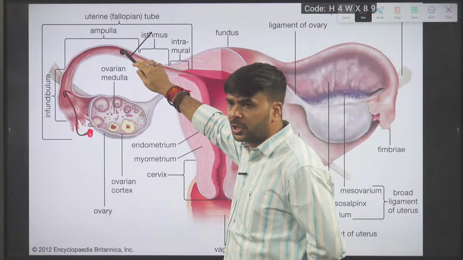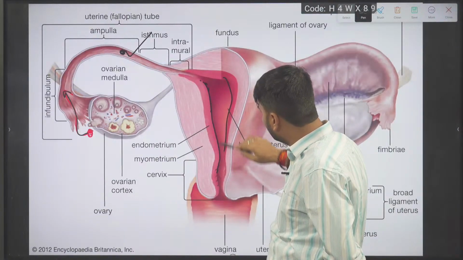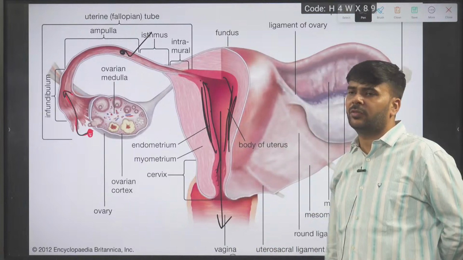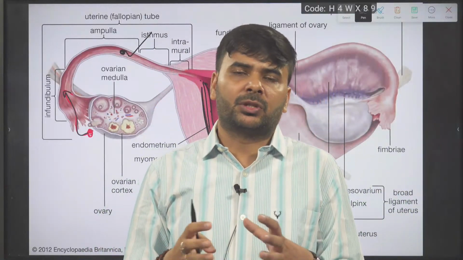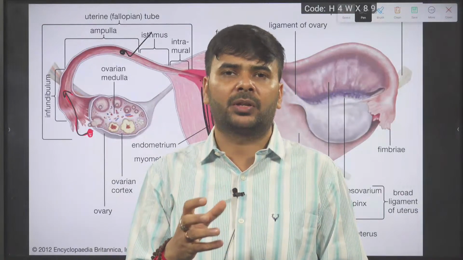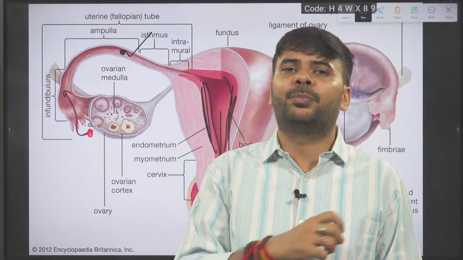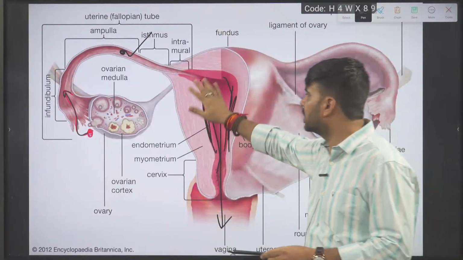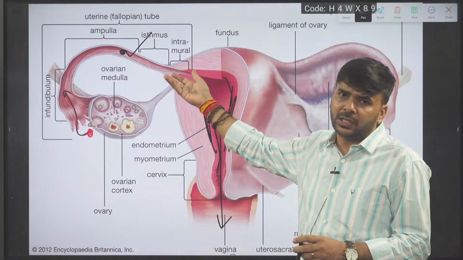This oocyte is also destroyed, and the endometrium, this layer of the uterus, is called the endometrium. The endometrium is also shed out from the body, and in the next menstrual cycle it is prepared again. The menstrual cycle is a cyclic event in the female reproductive system. It allows the body to conceive or receive a pregnancy. If the menstrual cycle is not going on, or these changes are not going on, this female is not fertile, or maybe other consequences are there.